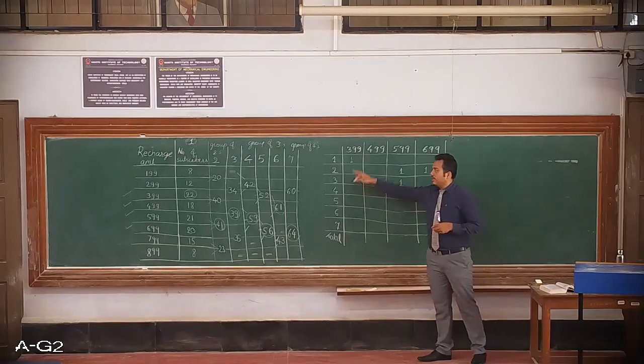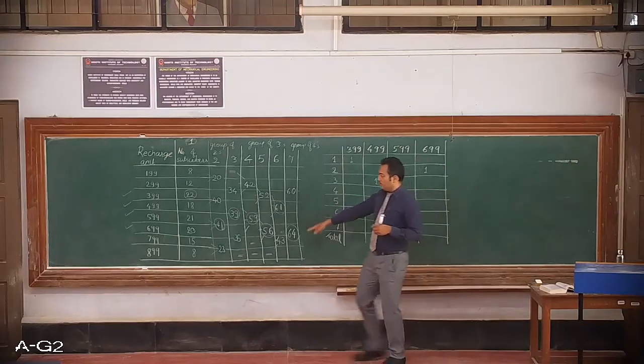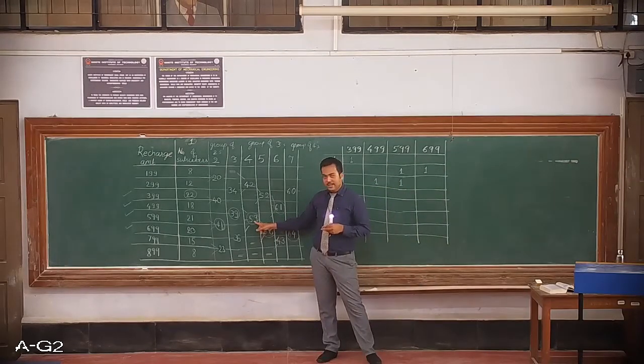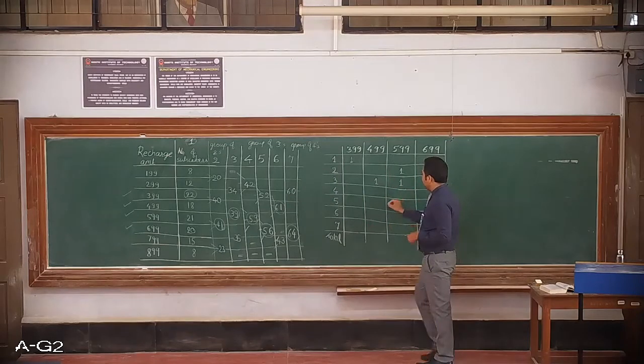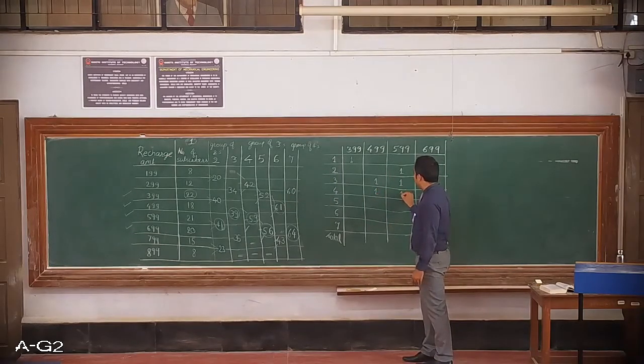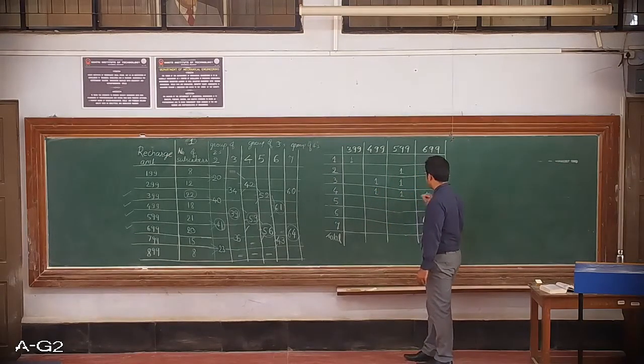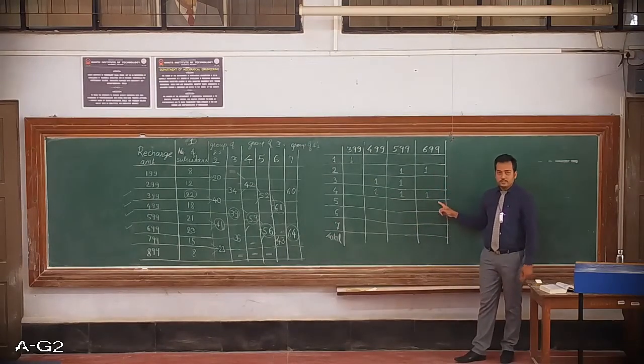Okay, now look at column 4, and in column 4 we find 59 is the maximum value. So this 59 is the sum of 18, 21, 20, which are the frequencies of 499, 599, 699. So here I'll be marking for 499, 599 and 699. So if you have understood this, mark.